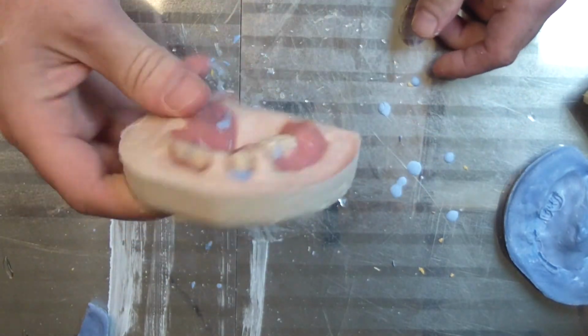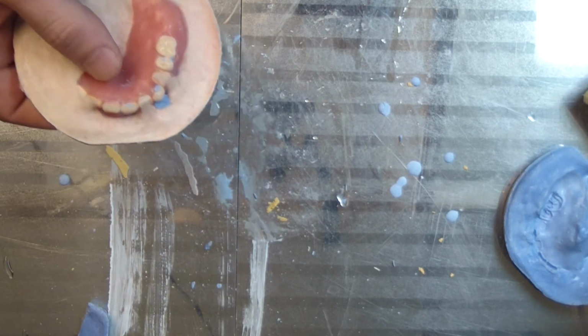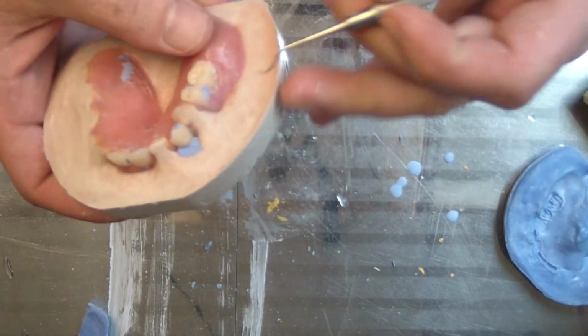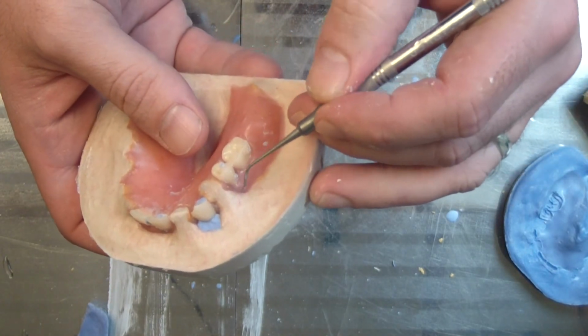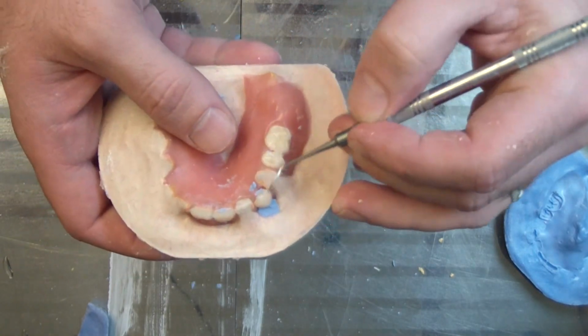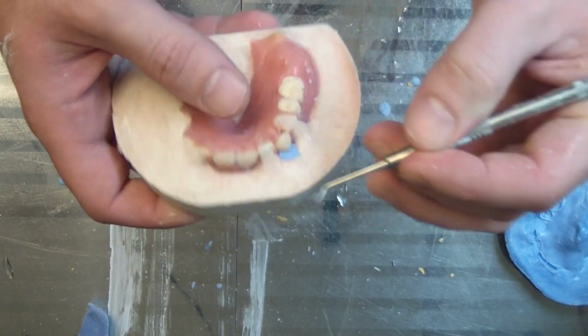As you can see, it comes off nice and clean. Any bits of stone that are left over are not usually stuck to anything, they're just mechanically retained and you can just pick them right off. So they're not incorporated very deeply into the denture or anything like that, that you have to spend a lot